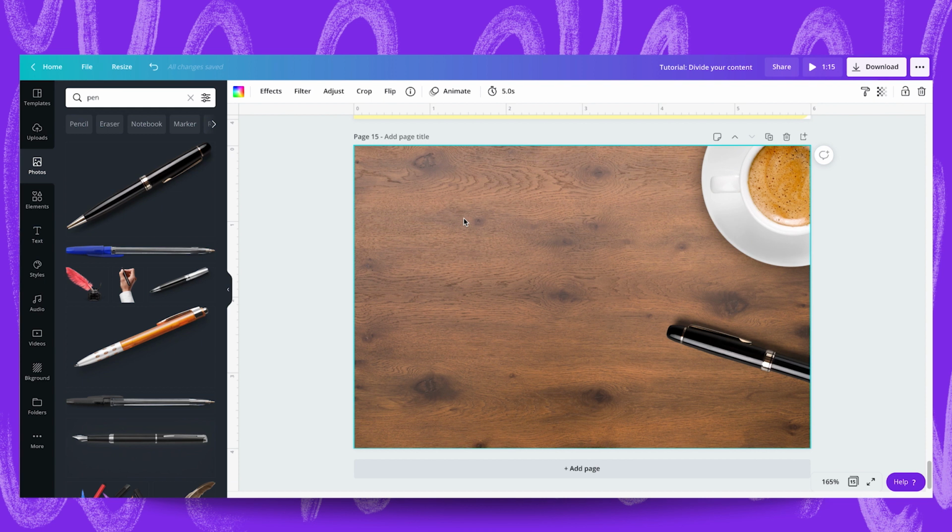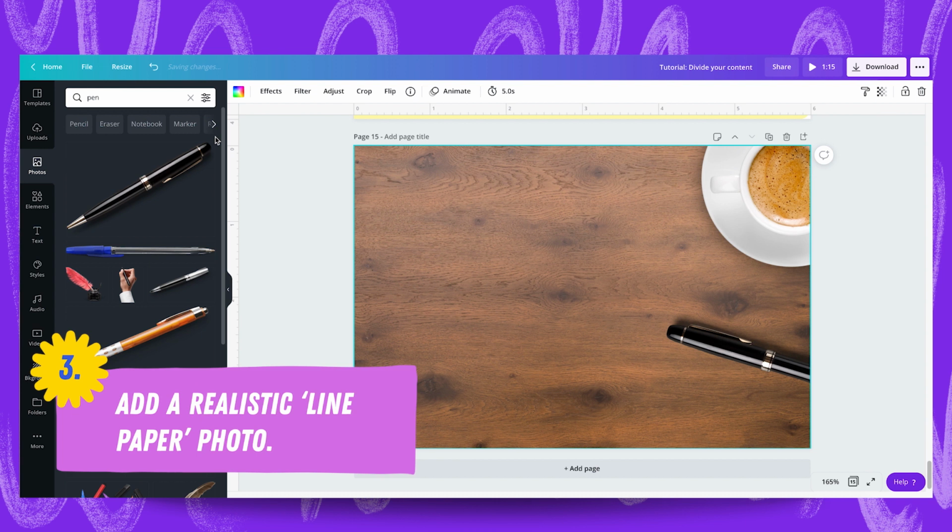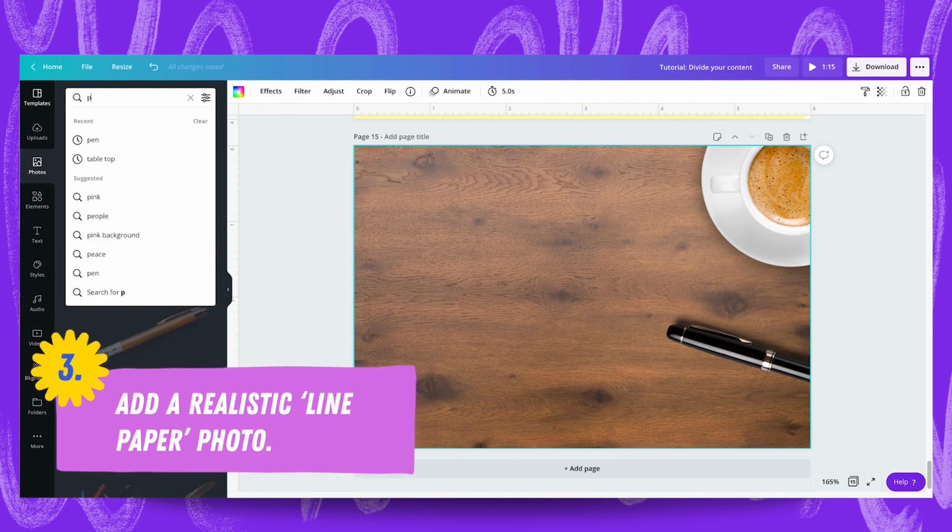For my particular example, I'm going to use lined paper and images with Polaroid frames, but you can use post-it notes, unlined paper, or even your own scanned documents. You can upload them into Canva and paste them straight in. I'm going to start by searching for paper in photos